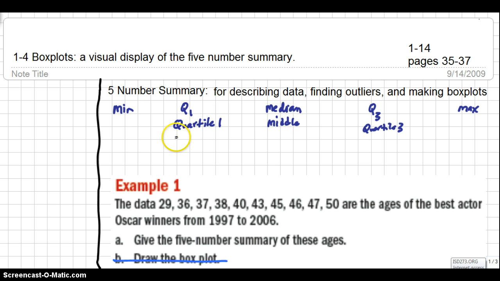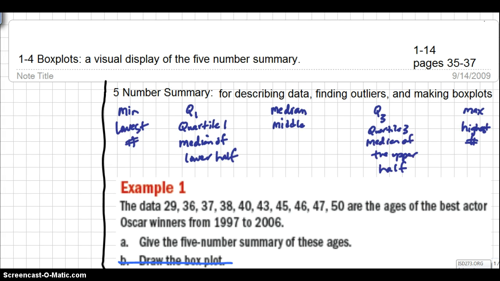So quartile 1 is the median of the lower half, and quartile 3 is the median of the upper half. The minimum is always the lowest number of your data, and the maximum is always your highest number of the data. It is very important that students remember that when we worked with the cubes in our five-number summary activity,